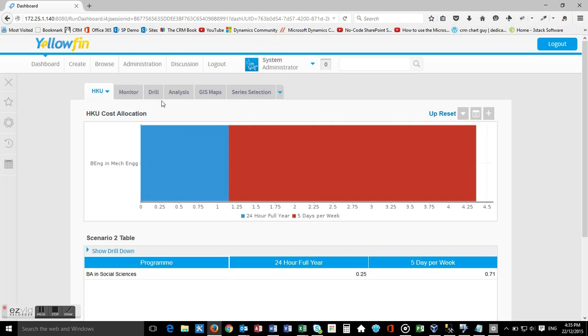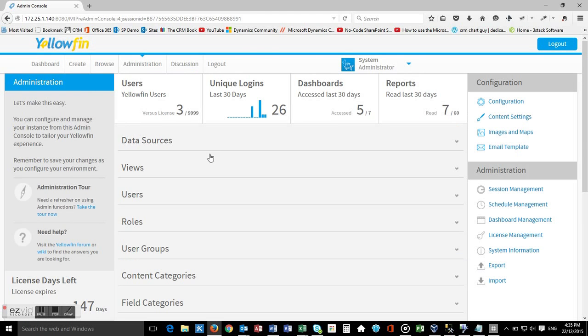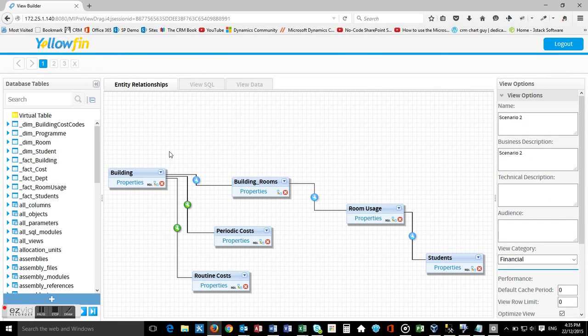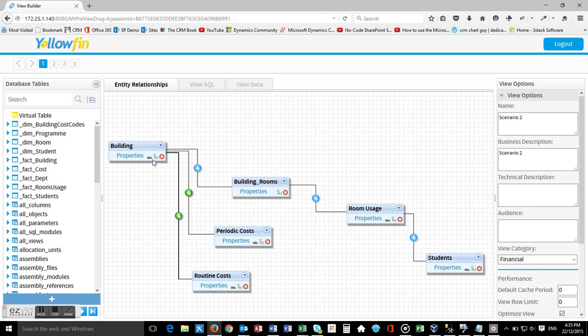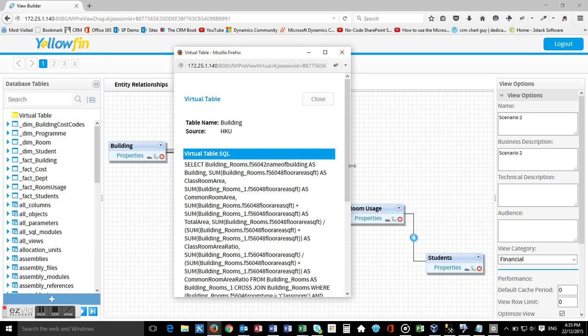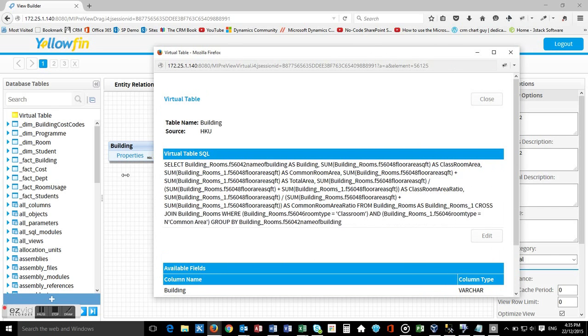So I guess that is one of the key features of Yellowfin, the ability for you to basically take your data from your data source, bring it in through your various views, and then take that view information, add in virtual tables which allow you to effectively do manipulation on the data before you bring it through into your report. Okay, it allows you to add in SQL to do whatever summations and aggregations that you might need to do